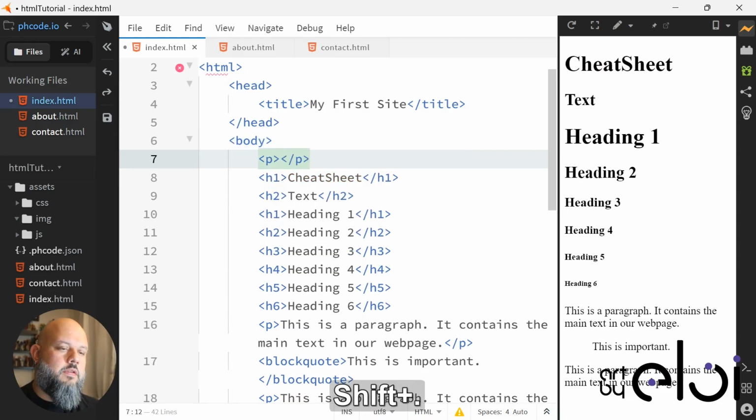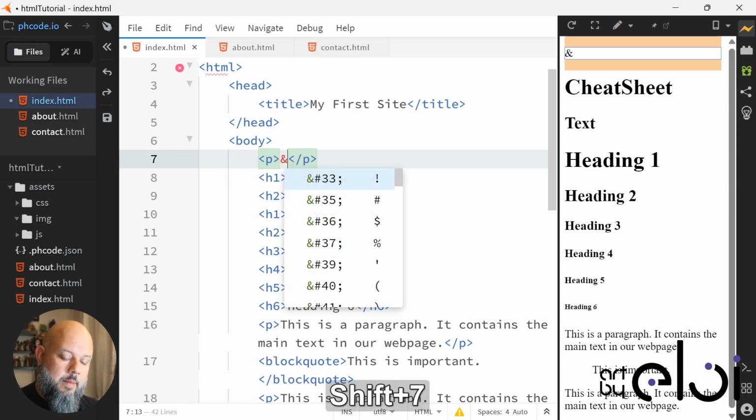Another thing that I want to talk about are special characters. There are certain special characters that you can find on your keyboard and some that you would have to do a little bit more digging in order to find them. For displaying special characters on your website, the correct syntax for doing that starts off with an ampersand followed by